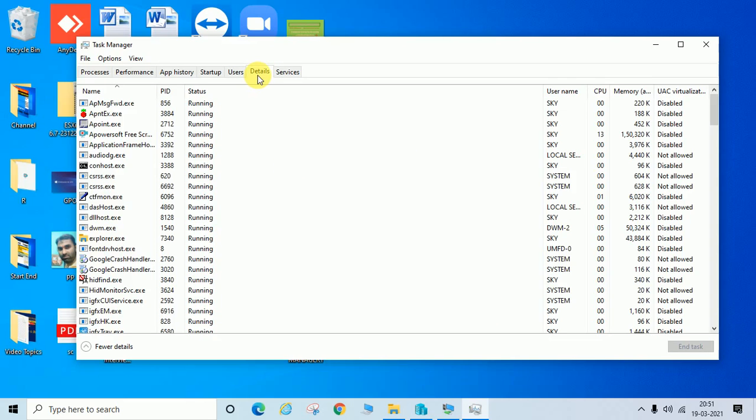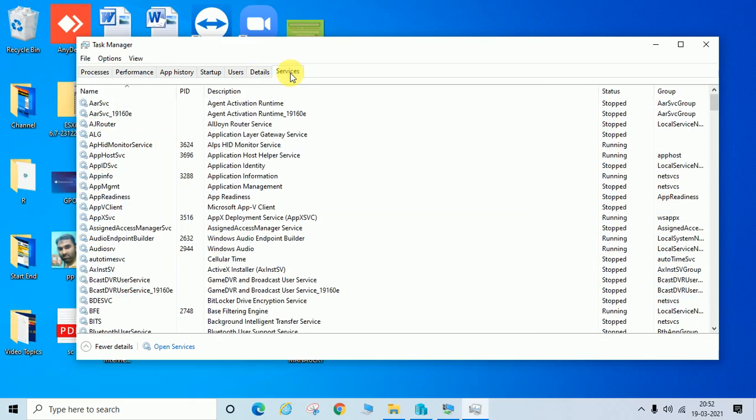If you go to details mode, you can see all the software details which are installed on this PC. Services, from here you can manage all the services which are running on your computer.